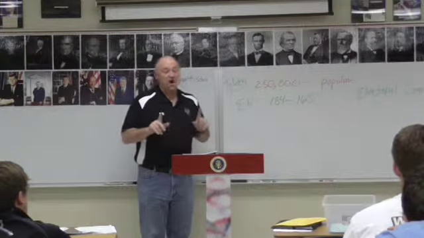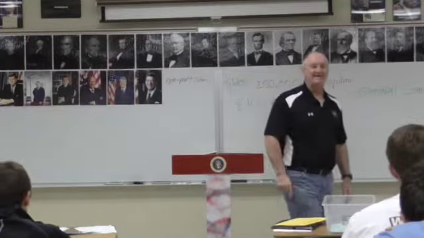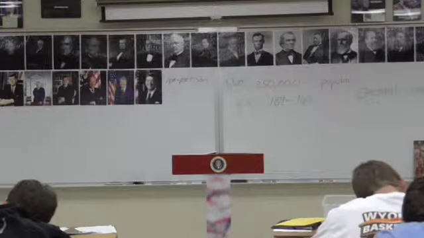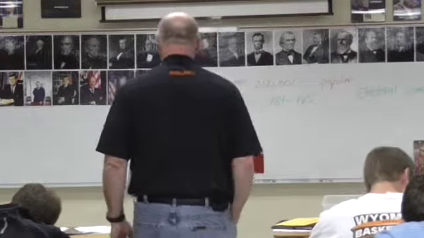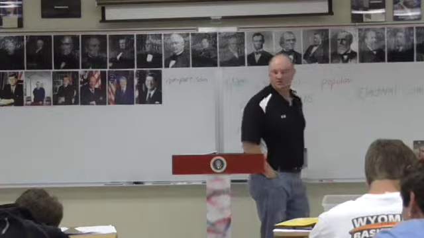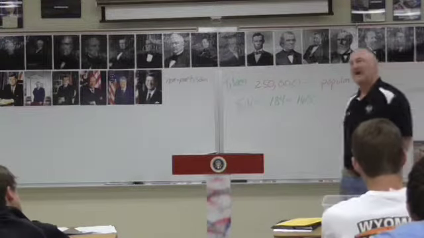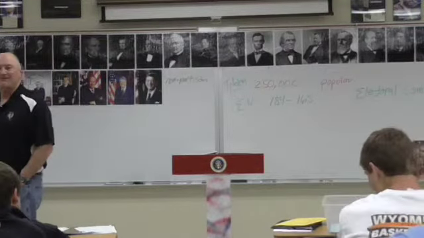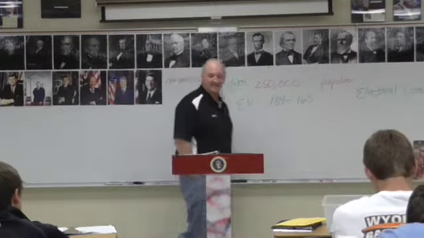Well, the one guy that was the non-partisan member of the commission, he was a Supreme Court justice, and his name was David Davis, which is on your ID sheet. He was the non-partisan Supreme Court justice that was on the Electoral Commission. And before they begin the process of counting these votes, he resigned from the Justice Department because he was elected to the United States Senate. So now you've got to replace that person. And you've got to find somebody else that's nonpartisan, which they couldn't do. So what do you think they did?